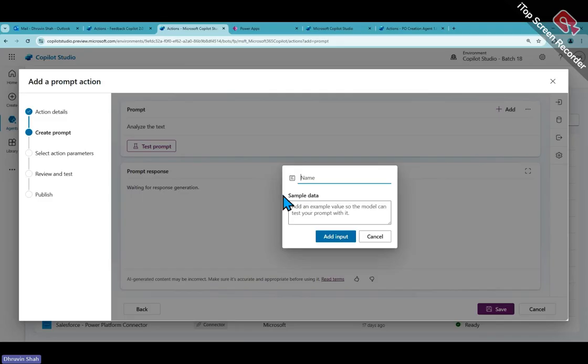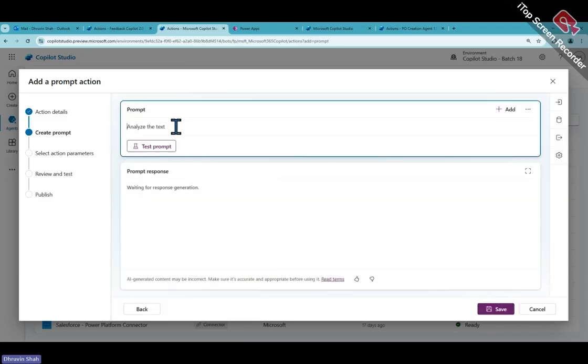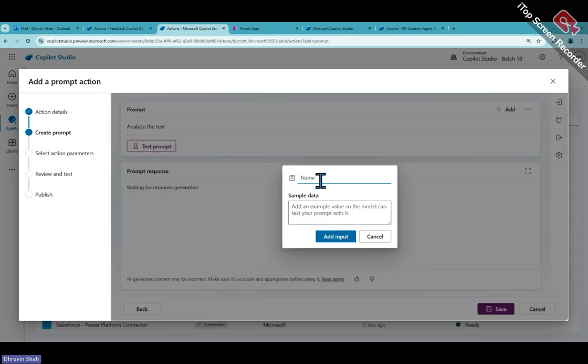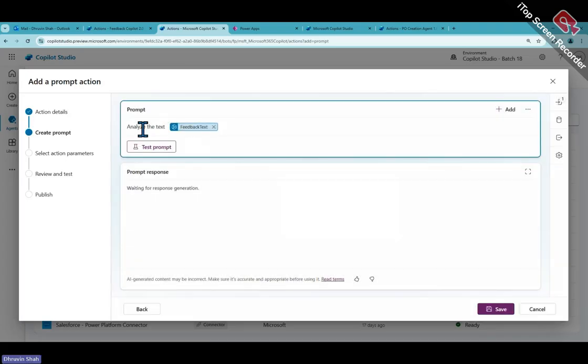So let's say I'm providing here text, feedback text, and I also need to provide some sort of input data, like, okay, great training sessions. I'm just providing some input: analyze the text and provide the sentiment